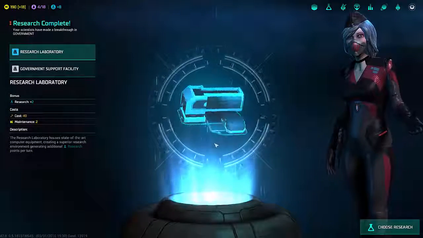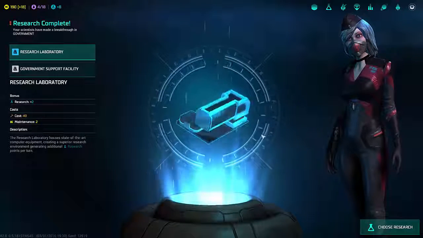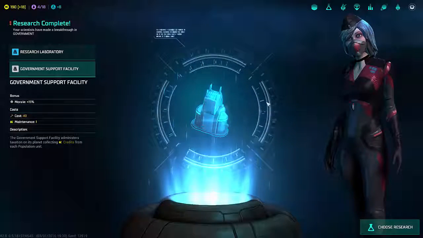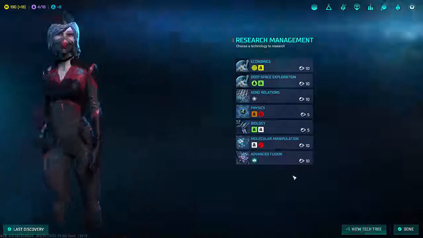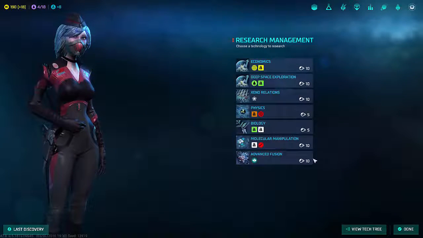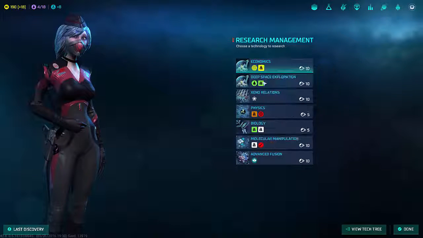Our engineers have made a new discovery, my liege. But anytime you actually make a research breakthrough in this particular moment, we have the lovely assistant telling us otherwise. It's a government support facility research lab. Great stuff. Definitely what we need. And I think moving forward, it probably would behoove us to pick up...